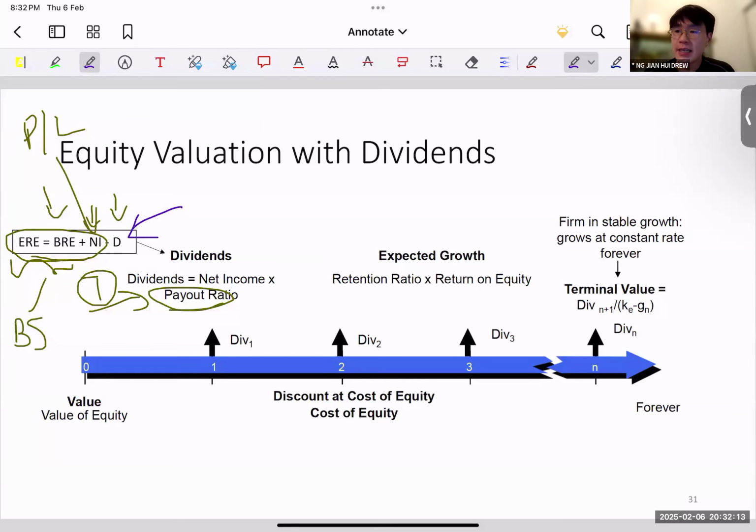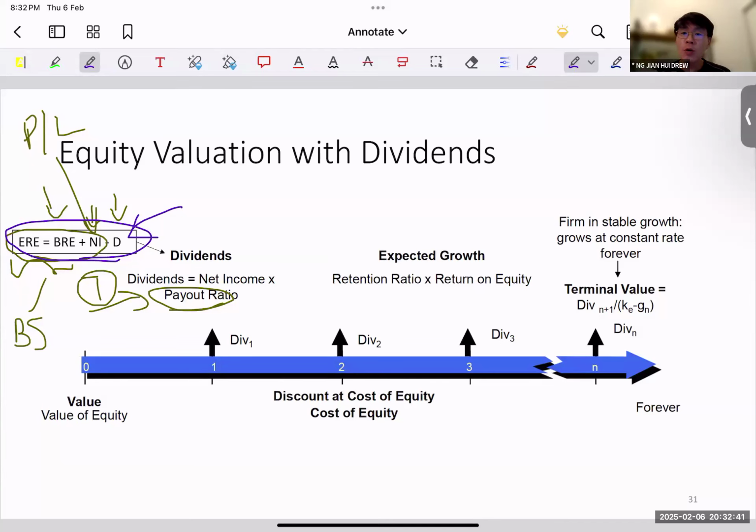Why is this important? Of course, if you are doing a valuation report, you can just look at how much dividends is being paid from the statement of equity. Your statement of equity will show you how much dividends are being paid, or sometimes even your P&L statement might show it. Why is this formula important? Because you have a class test. Sometimes in a class test, they give you very limited information. They give you retained earnings.